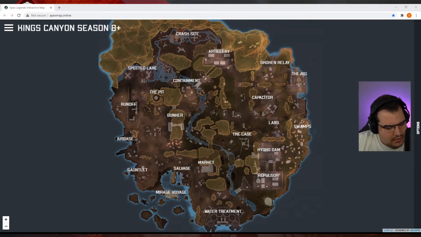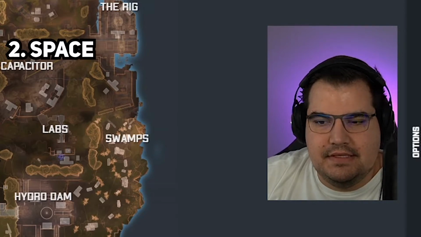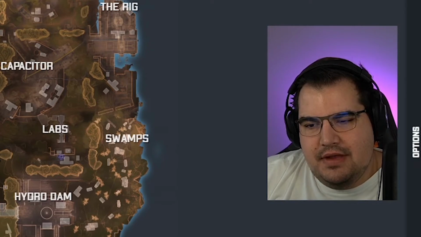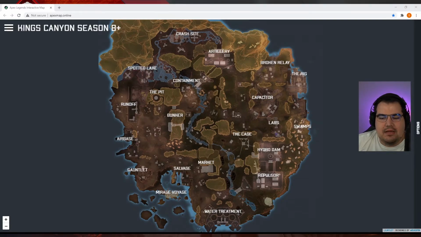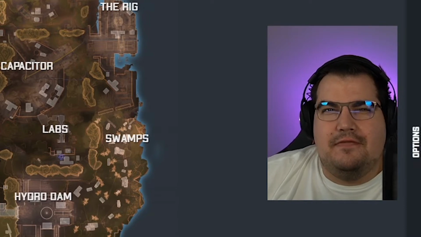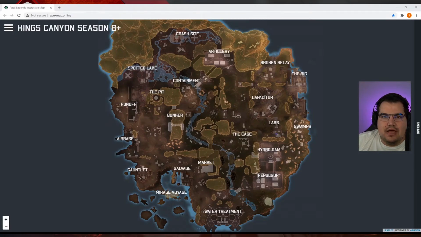Other than loot, you also need a few other things to call a location good, I think. The second thing I look for in a good location is space. What do I mean by that? I mean that a good location has to have a lot of structures. It can be either man-made structures or terrain. Basically, it needs to have enough floors, enough nooks and crannies, so that you have more tactical